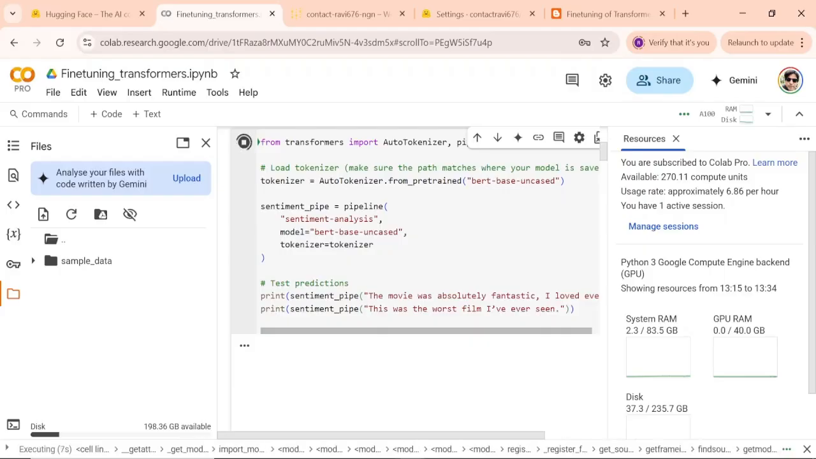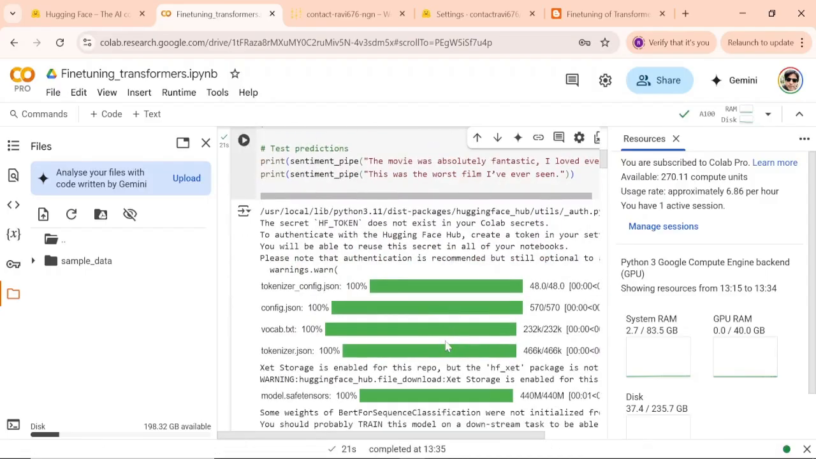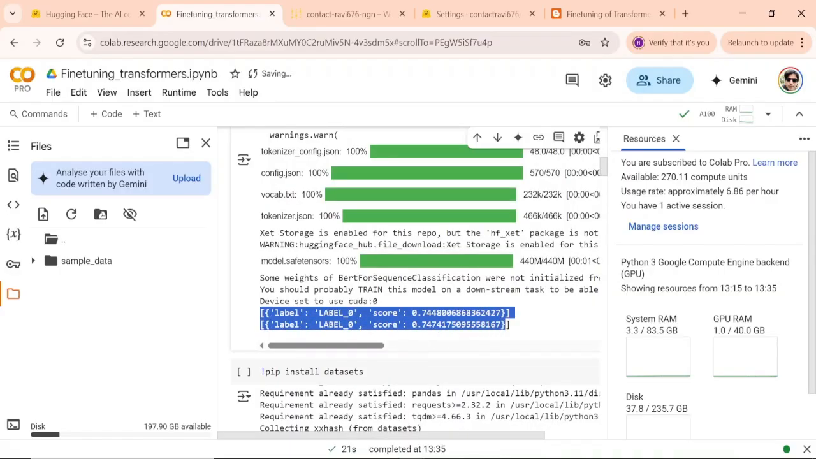Yeah, so it will take a little time while running. So we'll see what the output of these sentiments will be, how those are analyzed. First it is downloading the transformer from the Hugging Face library. It downloaded, and if you see, it has shown some label 0 with